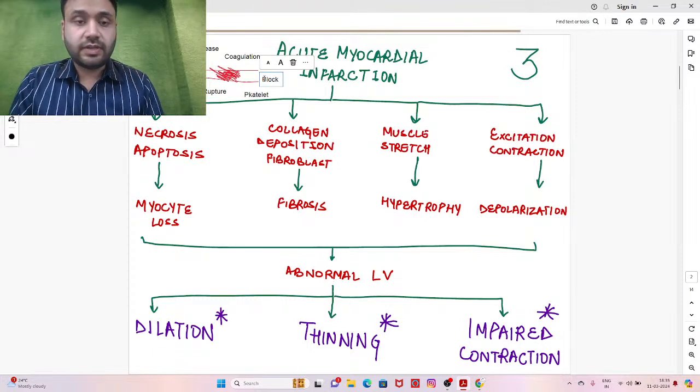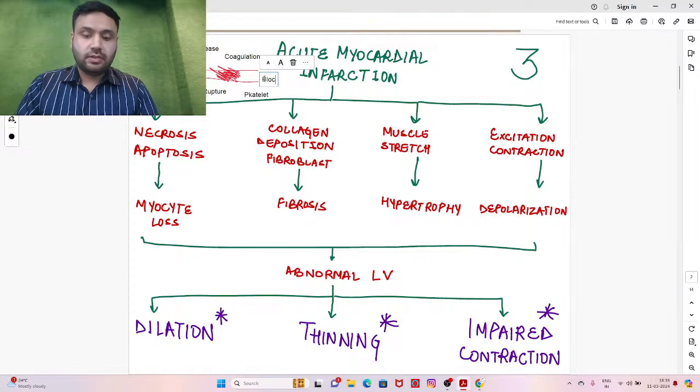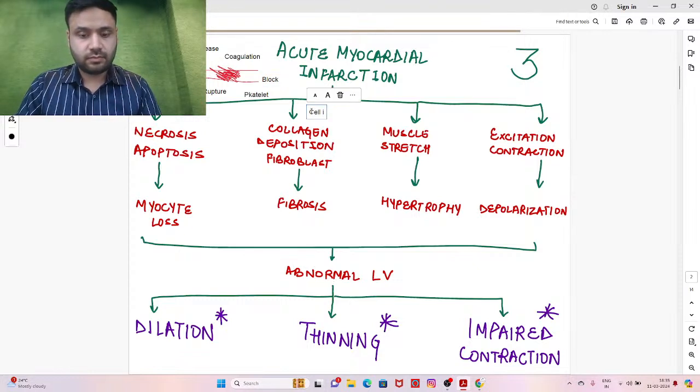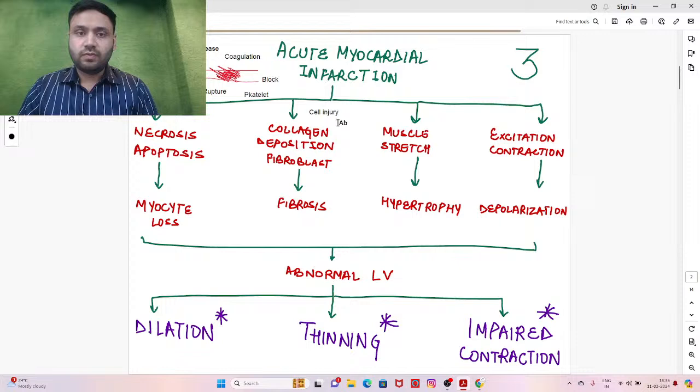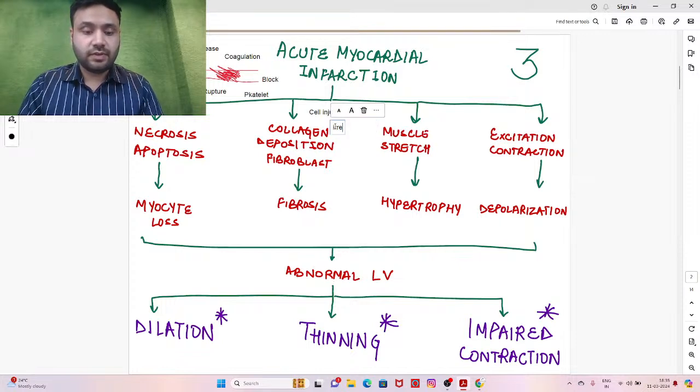Ischemia. और इस्कीमिया से क्या होगा? इस्कीमिया से होगा सेल इंजरी. जो सेल इंजरी है वो किस टाइप की होगी? वो होगी इरिवर्सिबल सेल इंजरी।